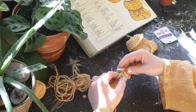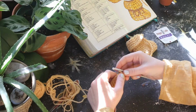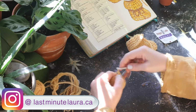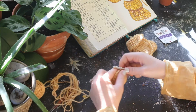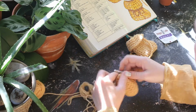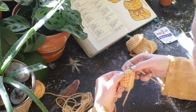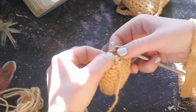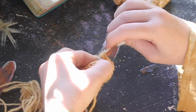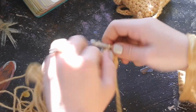Okay, so now that we've done 2 rounds of single crochet at 22 stitches, we're going to single crochet into the first 10 stitches, and then we're going to single crochet 2 together in the next stitch. 1, 2, 3, 10. And now we're going to take these next 2 stitches and we're going to single crochet 2 together for those stitches. 1 and 2. And there we go. And then we're going to single crochet into the next